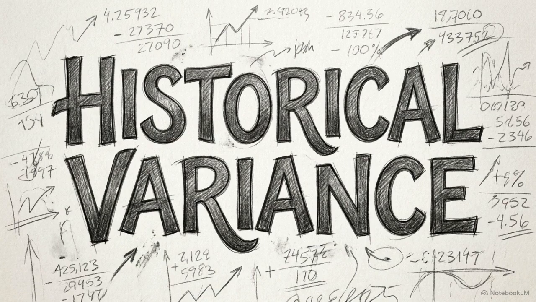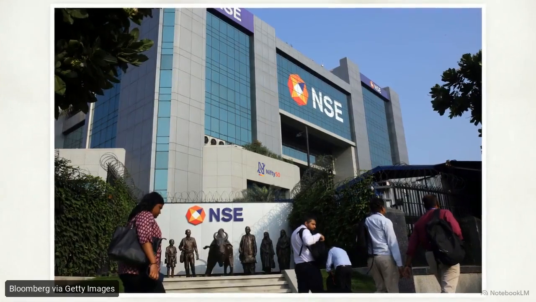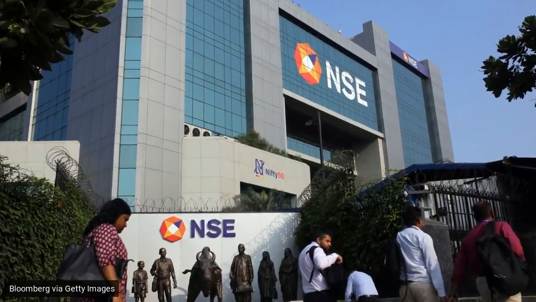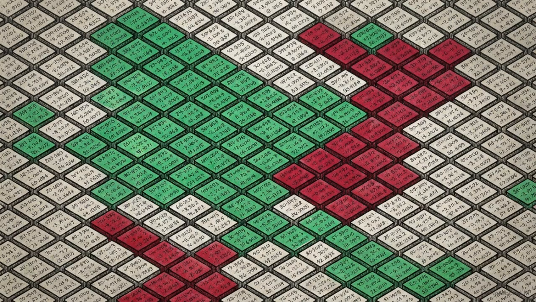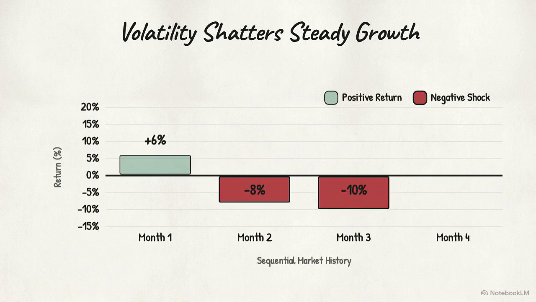To stress test this theoretical framework, we need empirical data. We will track the monthly returns of the Nifty 50 index from the year 2000 through 2020. This is the raw output of institutional capital allocation over 2 decades. Mapped out month by month, the reality of market returns looks like this. The constant growth rate is entirely absent. Instead, we see positive months aggressively intermingled with severe negative contractions.